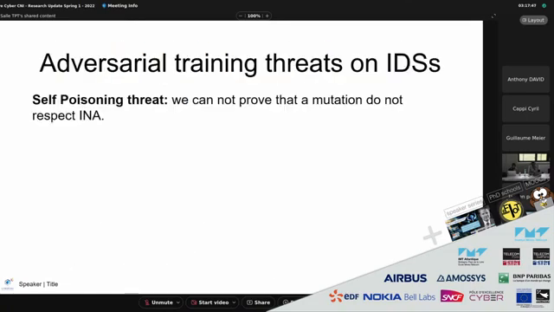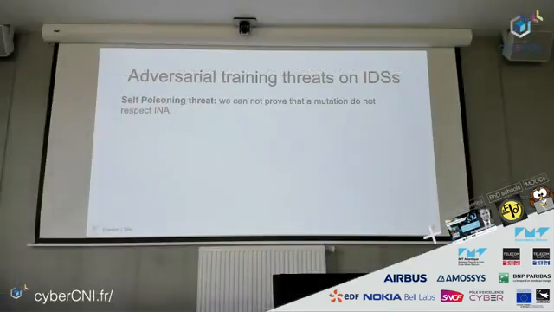And so one of our contributions is to identify the major threats on robust IDS performance using this knowledge of INA and EC. The first threat we identify is the self-poisoning threat, which occurs if adversarial training is performed for an IDS using an attack generator for which it cannot prove that a mutation respects INA, because in this case the defender does not consider INA. Then this training procedure is said to poison the IDS training dataset. This could lead to adding bad samples, such as normal samples labeled as an attack,